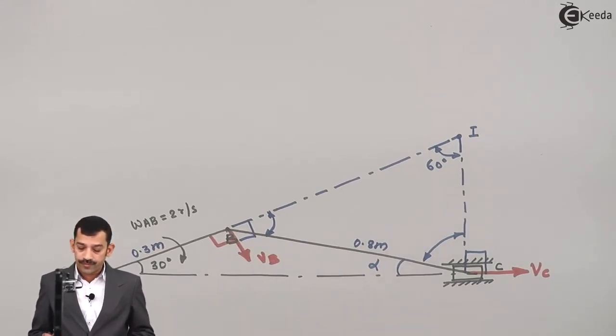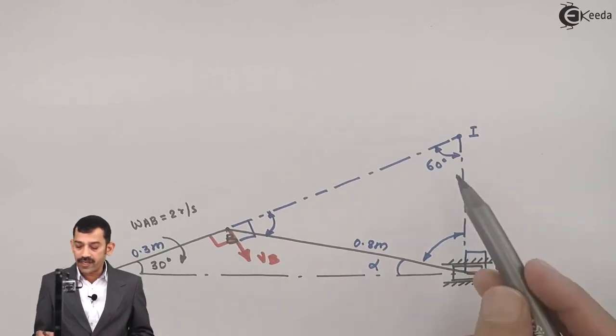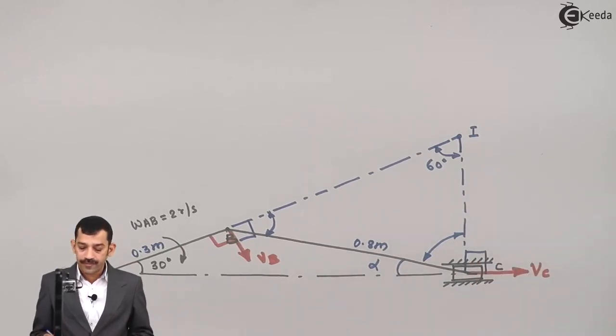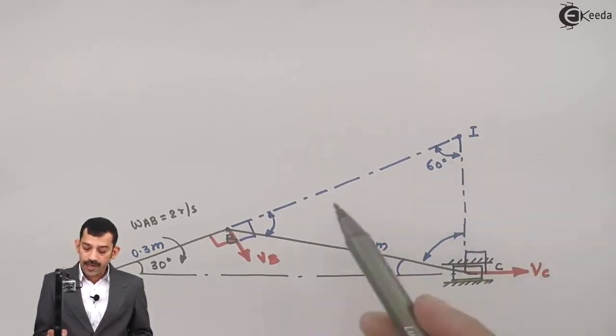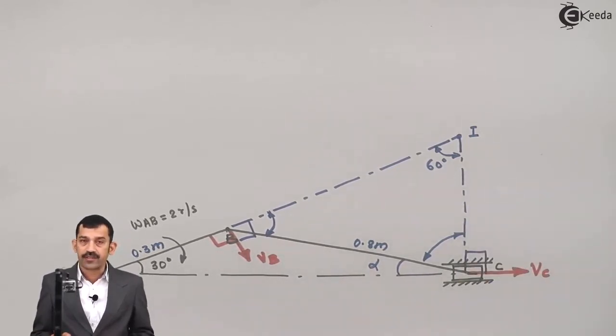Once we get alpha, 90 minus alpha gives this inclination. Then in triangle IBC we find the third angle by subtracting these two angles from 180, and applying the sine rule in triangle IBC, we find